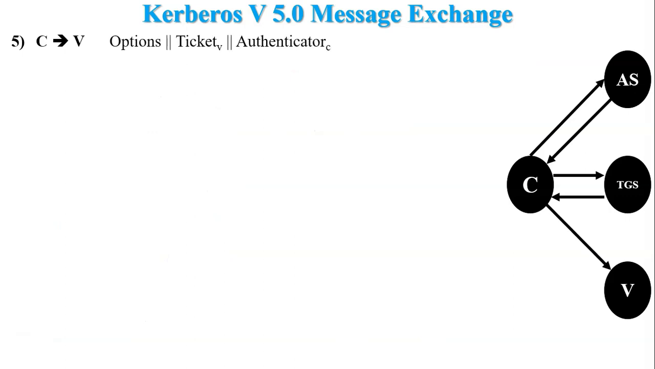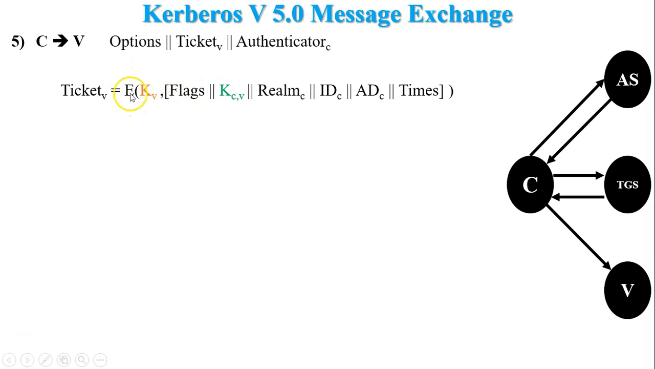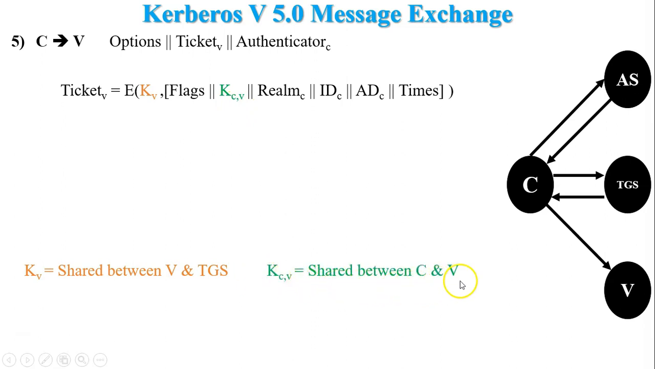Now in the fifth step, the client will send a request to server V. In that request message, there are 3 fields: options, ticket V and authenticator C. The first field is options, which I have already discussed in step number 1. The next field is ticket V. Ticket V is encrypted using the key KV. KV is shared between server V and the ticket granting server. So now server V will decrypt that ticket using KV. After decryption of the ticket, the server will get a session key KCV. KCV is used between the client and server V, and the remaining fields of the ticket are stored in the